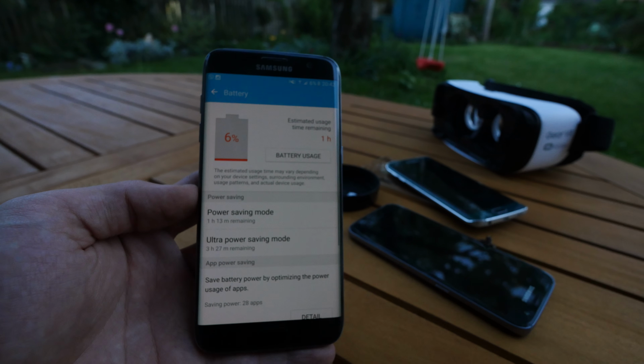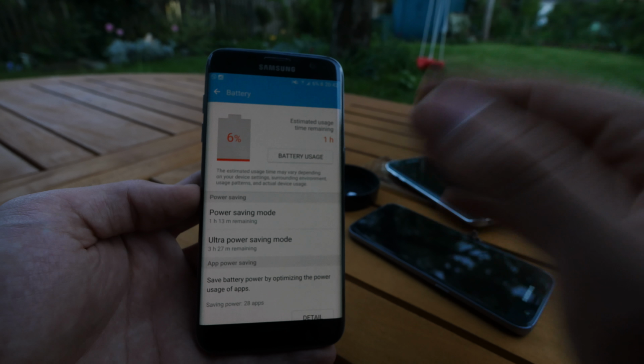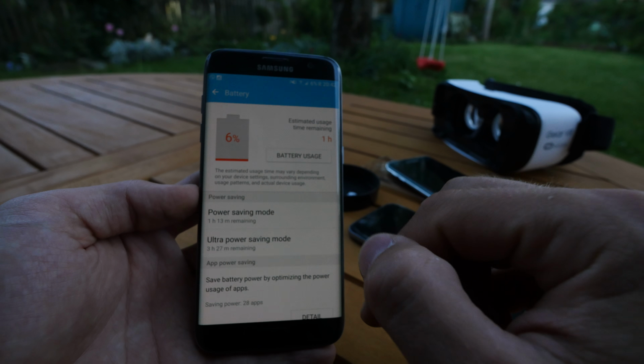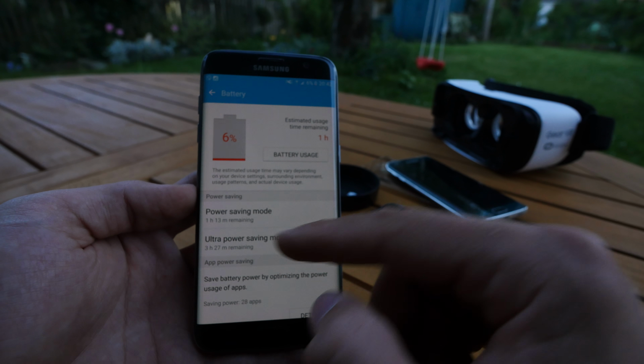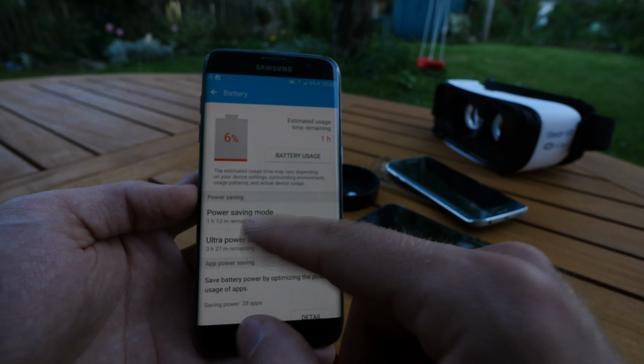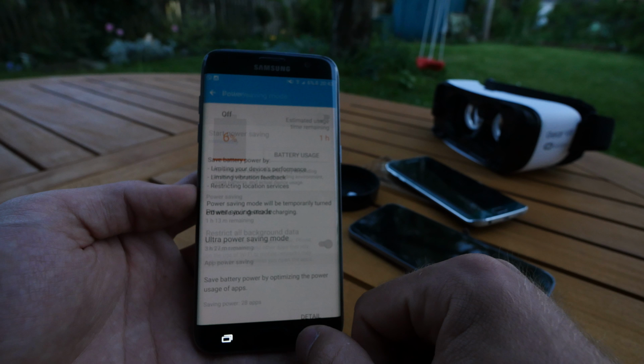So let's go to battery under settings, and you will see here that under battery usage it tells us when we use it the same way as before, we will have 1 hour of battery life left. So that's essentially nothing if you ask me, but we could go into power saving mode or ultra power saving mode, where we obviously have a little bit of help to preserve the power, which we will not do right now,